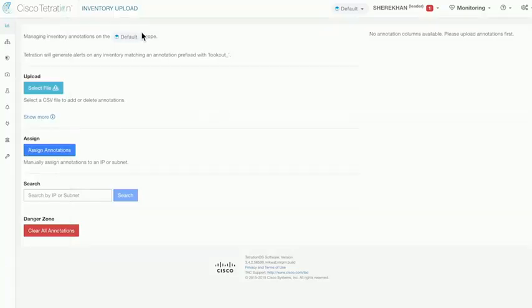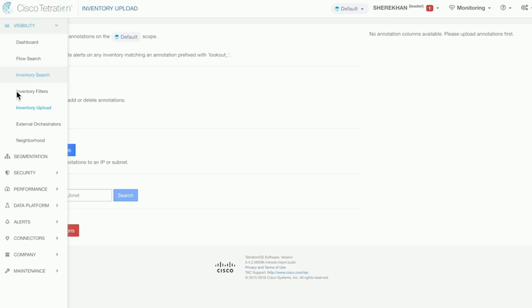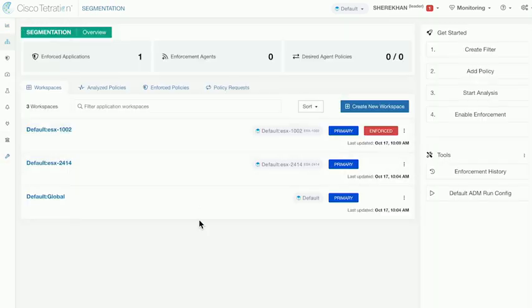So we have the inventory managing the entire scope, not just the individual clusters. And then finally, we have our applications, which you can see here. From one single pane of glass, we're controlling policy for applications that are on different clusters. That's pretty cool. So I have my global policy here. You can see that policies that I write here would apply to every single workload, no matter what appliance they